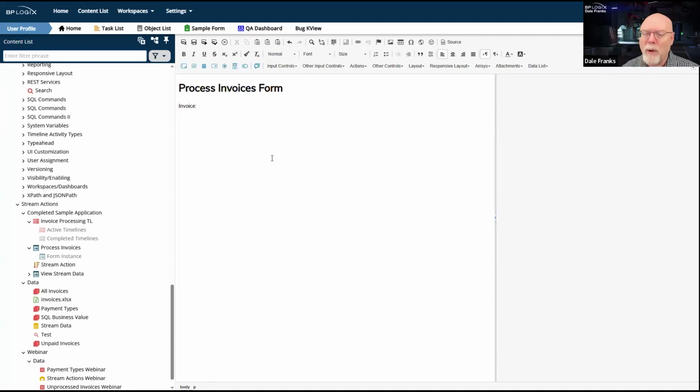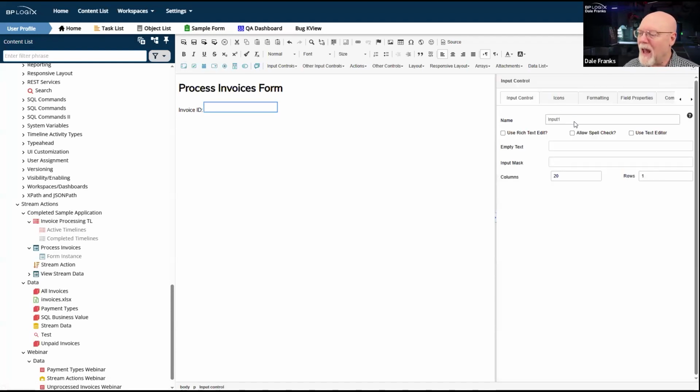Again, normally in a real application, I would not just type in text. I would use a label control for accessibility purposes. In the interests of time, since it's already 10:30, I'm just going to type stuff into text. So I am going to break some best practices here, but be aware that the best practice anytime you put in a control label is to use a label control. But like I said, in the interest of time, we're just going to elide past that. And we're going to call this invoice ID as the name of that field.